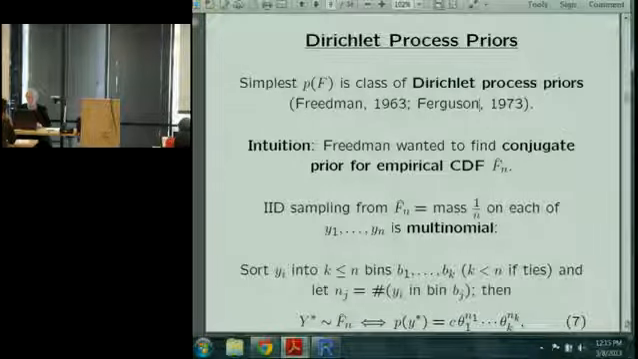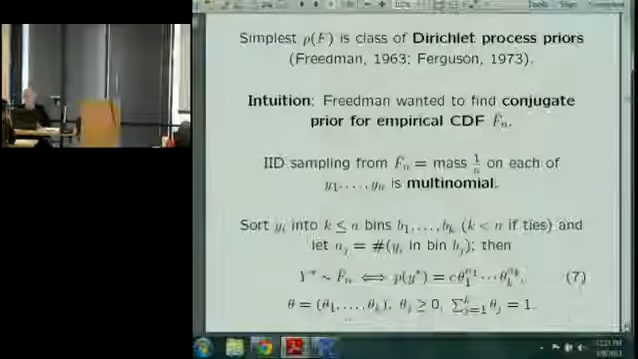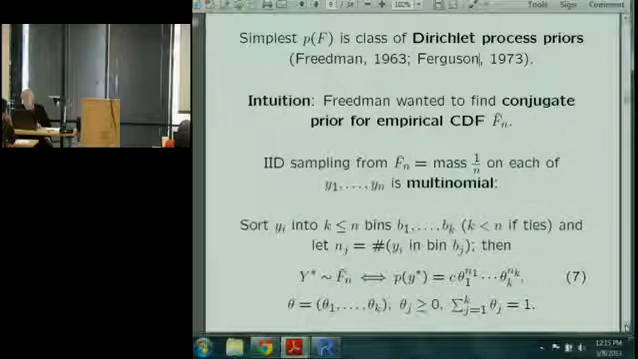Now, if you were to take IID samples from the empirical distribution, that's essentially what the bootstrap does. Remember, it takes IID samples from the data you have, and if I showed you the empirical CDF, you can reconstruct the data set from it, and if I showed you the data set, you can work out the empirical CDF. So they're identical information representations. So IID sampling from the empirical CDF just gives mass 1 over n on each of the n data points,